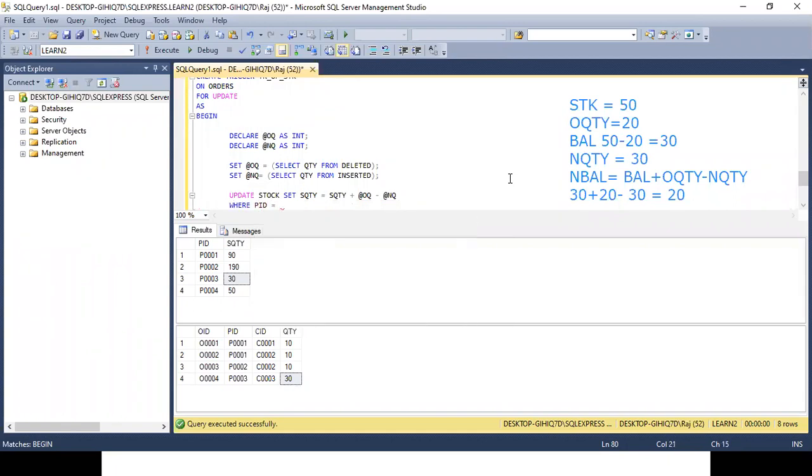PID is equal to, now the same PID is there in both inserted and deleted. So update stock set stock quantity is equal to stock quantity plus old quantity minus new quantity where PID is equal to, you can take it from any of these. I will say select PID from inserted.